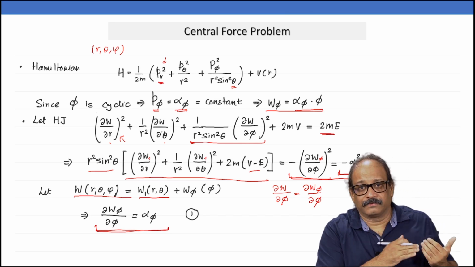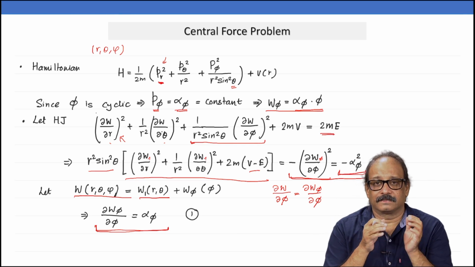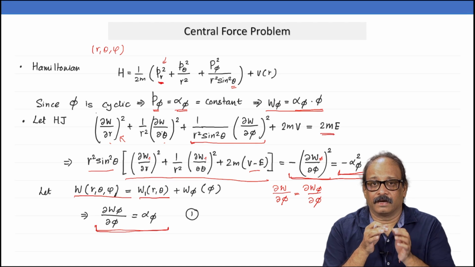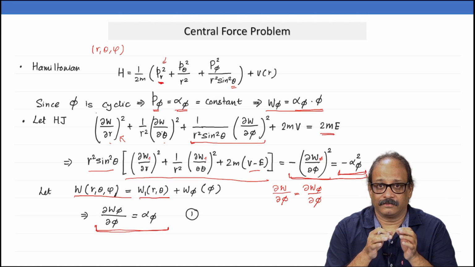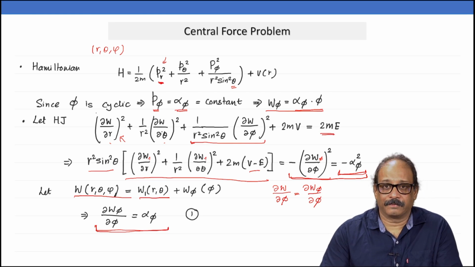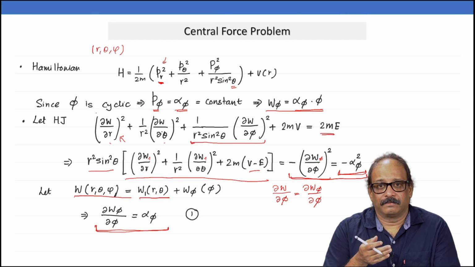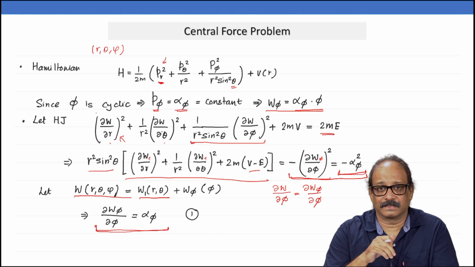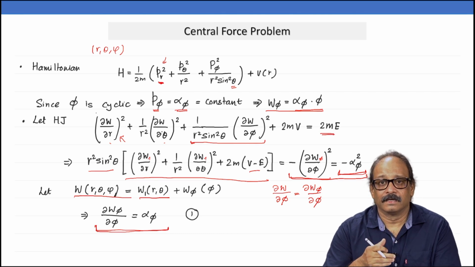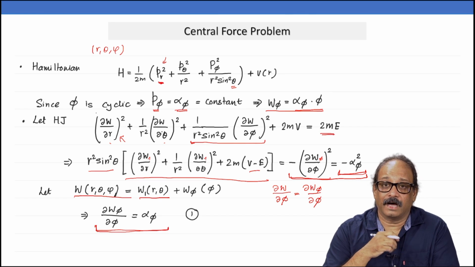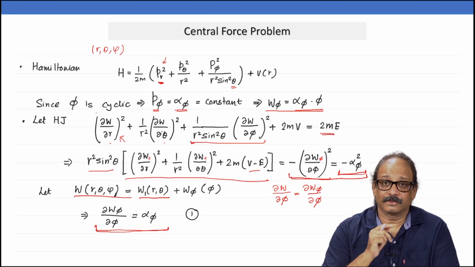So, this is in fact the way separation is done, okay? Even though I have given a formal definition earlier, it is actually inspection of the differential equation that will allow you to decide whether you can separate variables or not, and in this case we can separate the phi variable easily. Also, phi was cyclic, so we knew that result already, and if any variable is cyclic, then I can separate it very easily. What about the separation between r and theta? Oh, that also can be done.